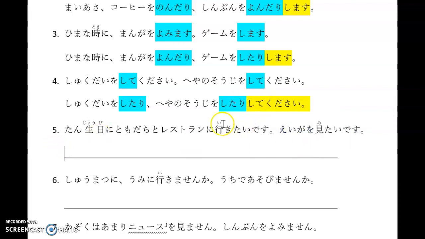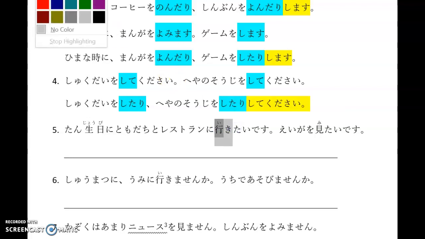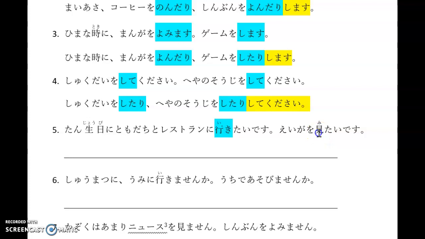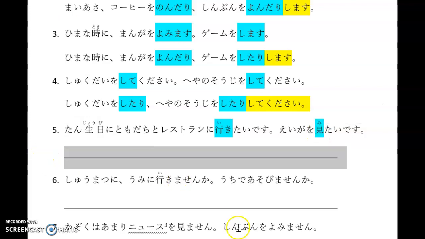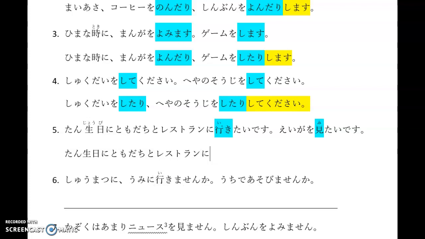So, once again, 行きたいです. What is the essence, the very fundamental verb of 行きたいです? It is to go, isn't it? Okay? So, therefore, the 誕生日に友達とレストランに Now, 行きます